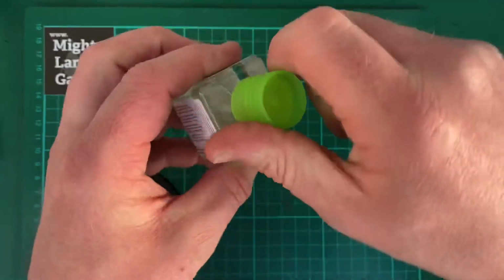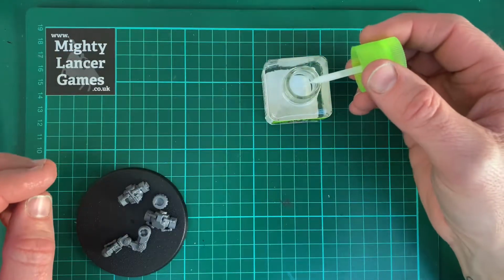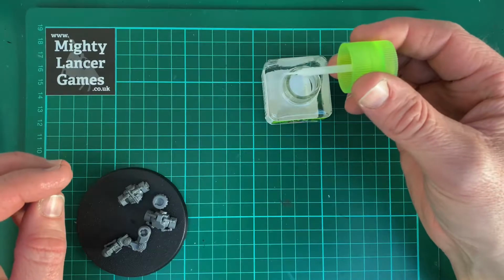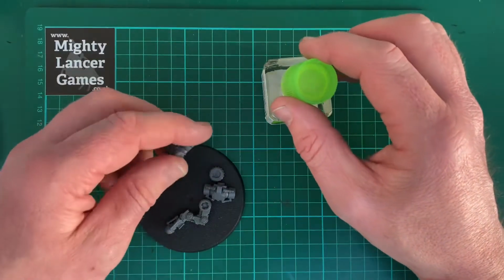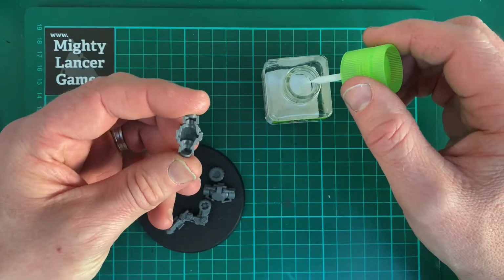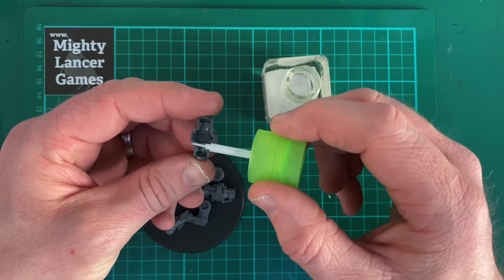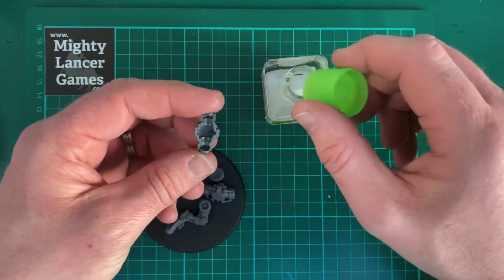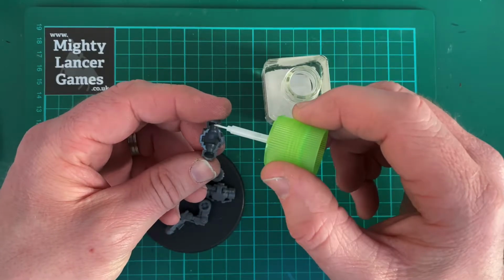So this is a quick setting version and there's a non-quick setting version, but you can see how small that little brush is there just on the end. So this allows quite a precise application, and also this stuff is super thin, so it won't leave excess blobs out the side of your model. So just apply that to the areas, the contact points,